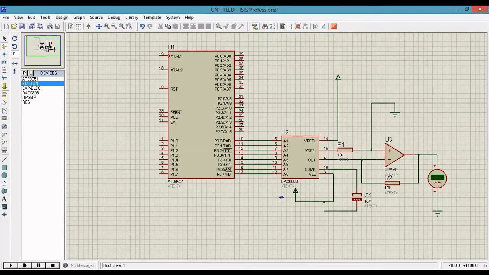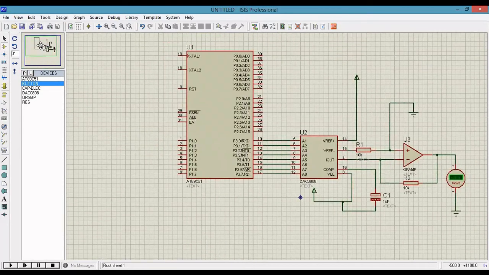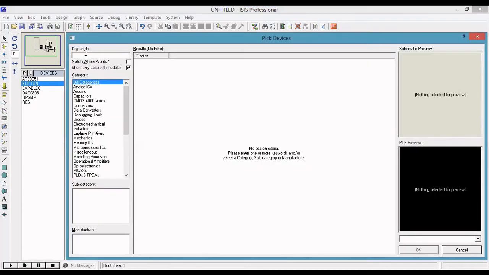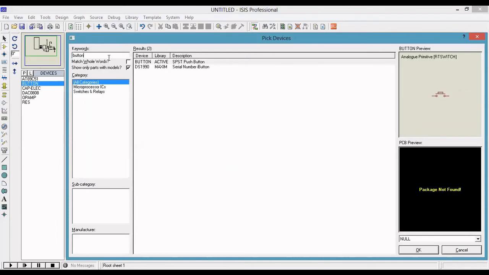Next, I am going to give the input. For that, you select pick from libraries, type button, and select SPST push button.